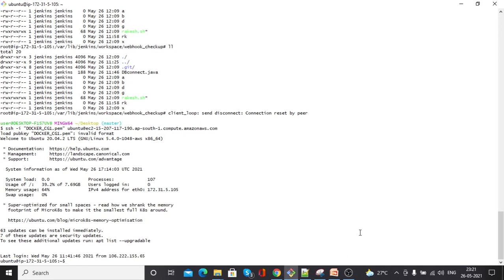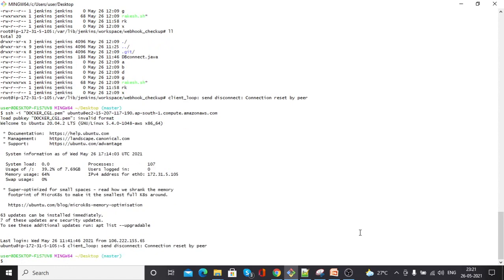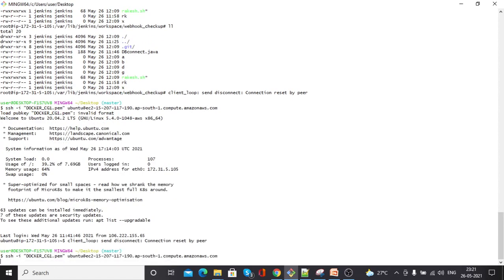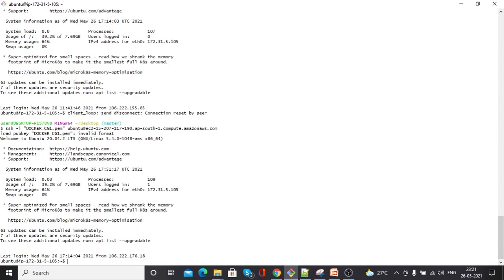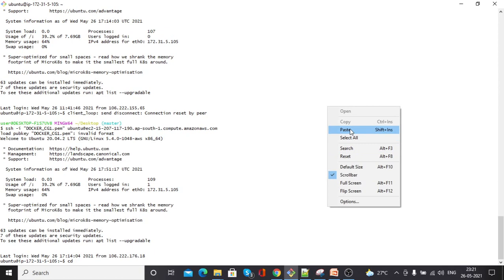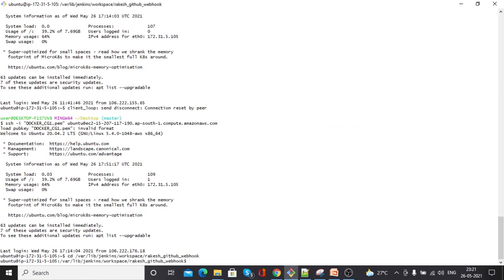So guys, this is the way how Webhook is working. It's very simple. I just tried to tell you how we can configure Webhook. Basically, with Webhook, when a developer commits anything, automatically it will be triggered in Jenkins.